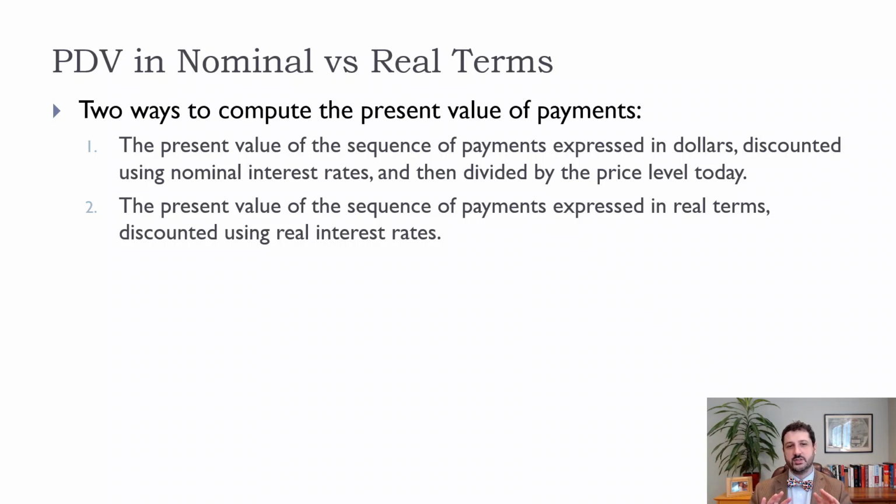But if you have payments expressed in real terms, then you have to discount using real interest rates. So if the payment Z is in real terms, it could be like, I'll give you a bag of potatoes every year. Well, then now you have to think about real interest rates, because you have to think about inflation and expected inflation. All right, so that is our first introduction to expectations and present discounted values. Now, we're going to talk about the bond markets, and then the stock markets, and then other asset markets as well.